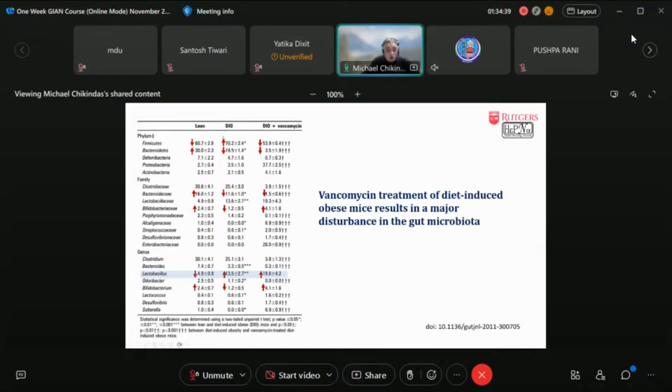With the Bacteroides, we can see the picture is somewhat different. The intermediate numbers with the induced obesity animals, high numbers in the lean, and significantly lower numbers in the vancomycin-treated. Now, this is where I'm asking myself a question. Okay, phenotypically, we have the decrease in obesity achieved, but does it mean that we really can take these Firmicutes to Bacteroides ratio